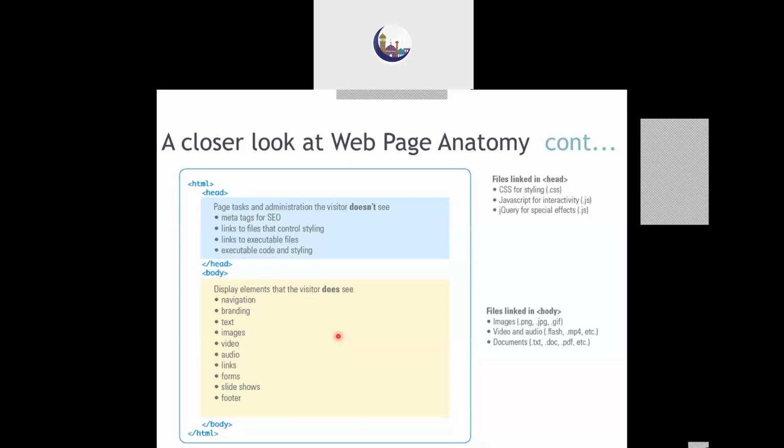To check it, we need some logic program behind the web page. Those programs will be defined in JavaScript or jQuery using the extension of .js. These are different languages altogether from HTML. Now to link HTML and JavaScript and jQuery, we need to mention those things over here. Links to executable files.